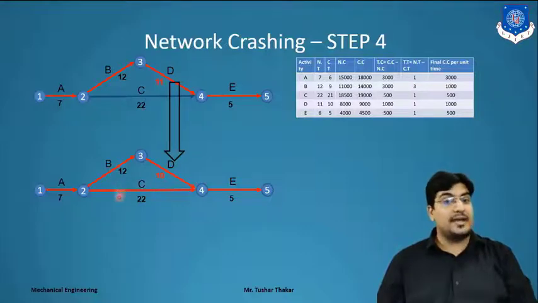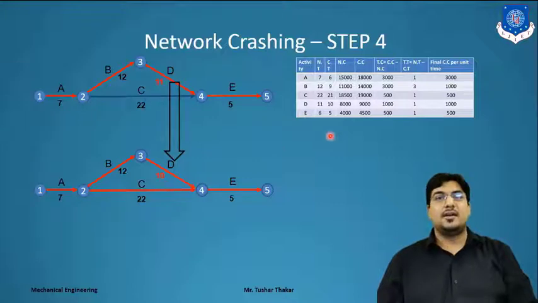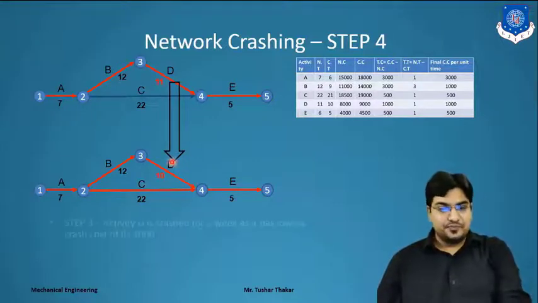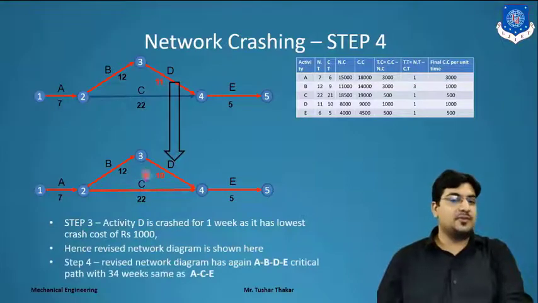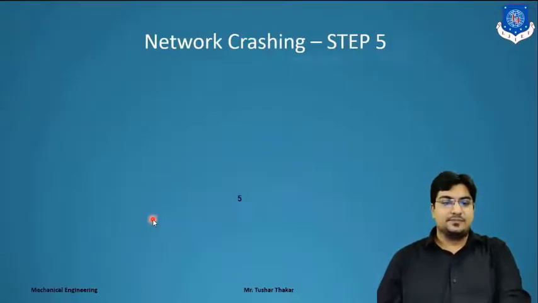So now we take the new critical path, ACE, and we have to crash that network in C. C's value is 500 rupees. So far we have occupied 1500, and now we have to add 500. So up to 2000 we are considering for crashing the network. In the next slide we have to crash activity C.